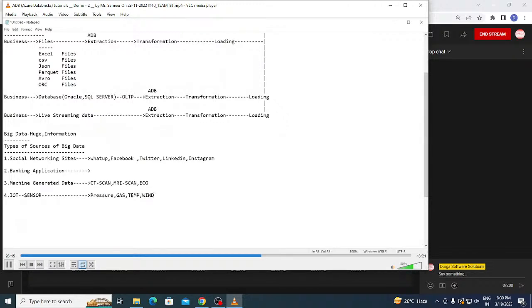But how do these sensors generate data? They will all be connected to the required computers. So the computer generates the data here. The data will be recorded here, and this data will be further processed or transferred to us. From the files we received, we extract it, we transform it, and we load it. Ultimately it will go like this.